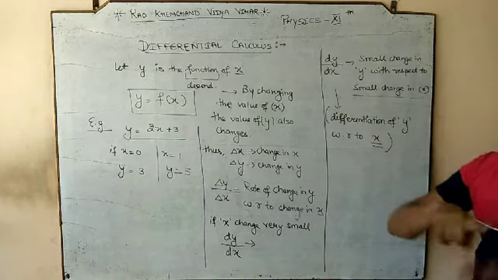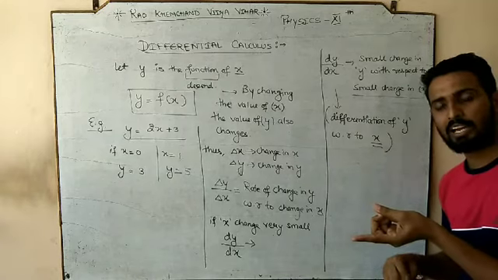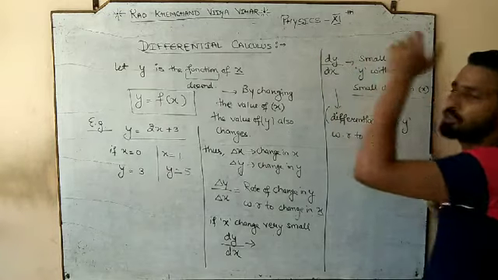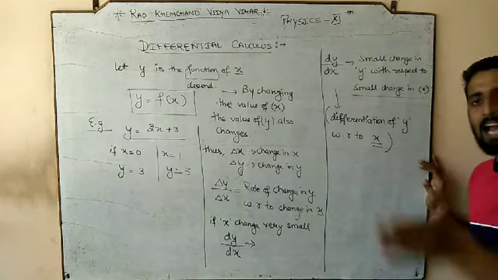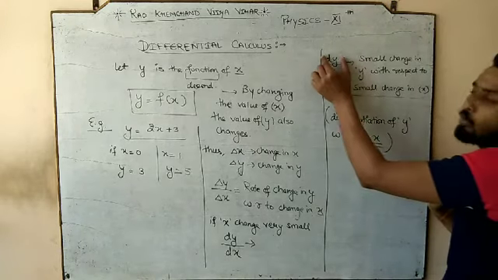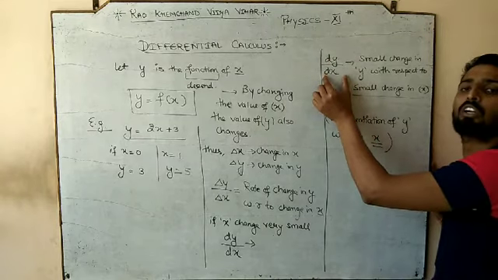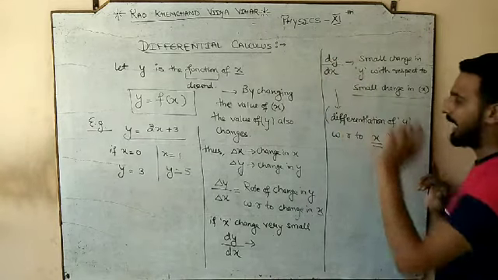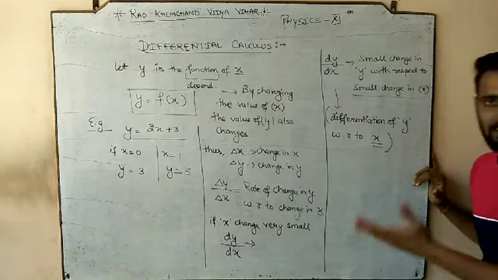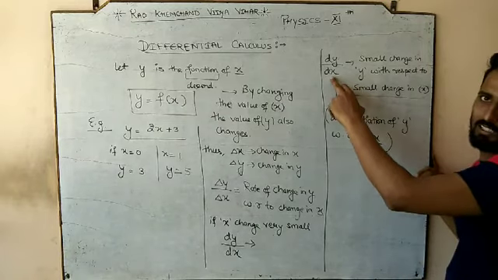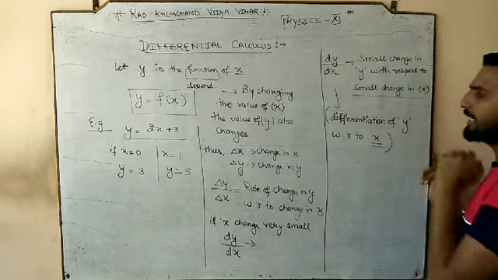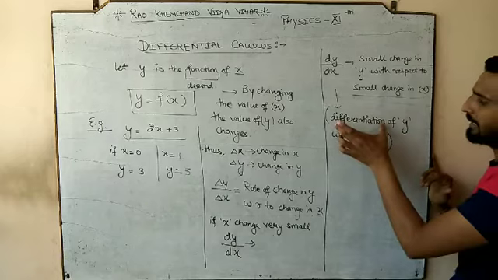Who is changing here? कौन change हो रहा है? y change हो रहा है. किसकी वजह से change हो रहा है? x की वजह से. So the thing which is changing should be in the numerator, and because of which it is changing should be in the denominator. तो जो change हुआ वो ऊपर और जिसकी वजह से change हुआ वो नीचे. तो dy by dx. And in terms of mathematics, when you go to any mathematician, he will not call this in the proper language that small change in y with respect to small change in x. He used to call it differentiation.